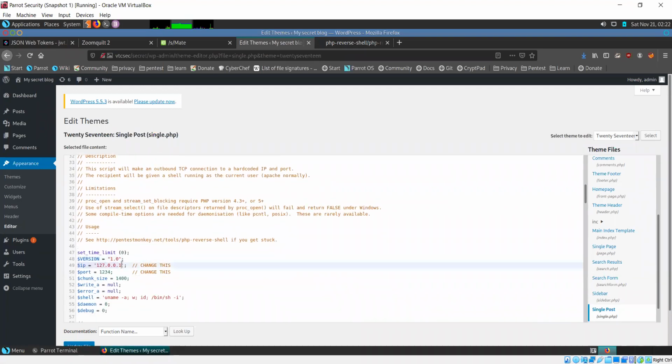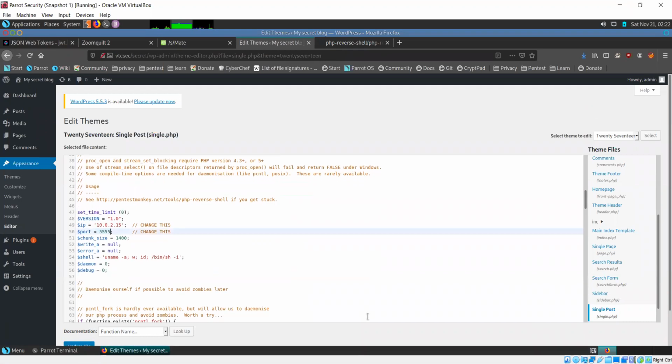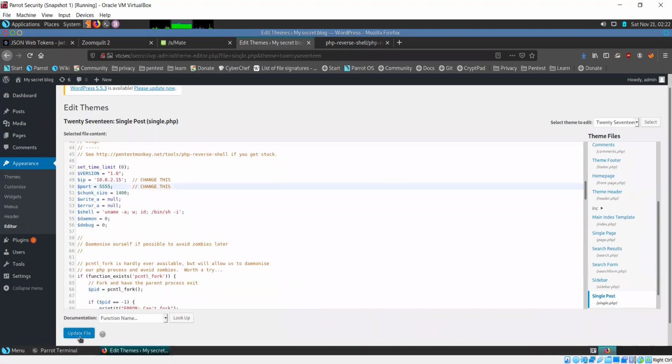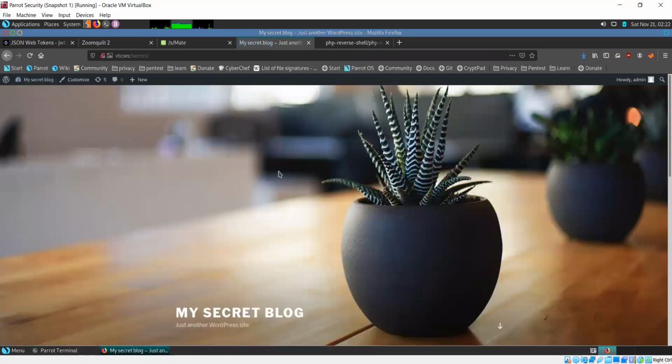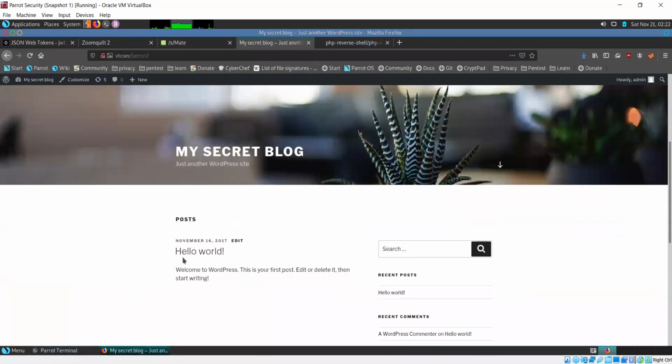Change the IP again. Go back to the blog and let's just verify. Okay, this is running. Click on this, and now you can see it's not opening.